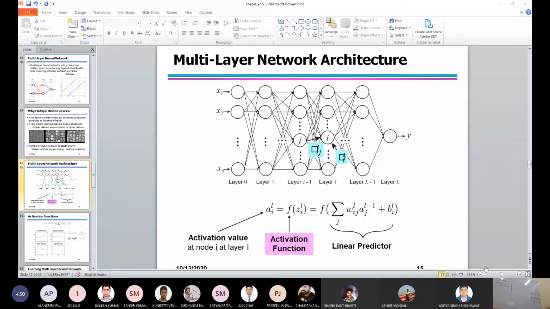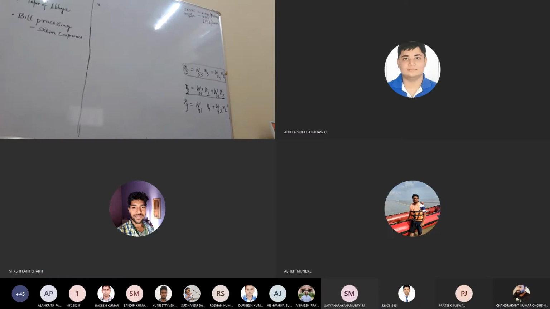You see, that is the structure. Can you see the structure clearly in the slide? So you have a multi-layer neural network, and let's say you have the node i. Then how do you represent the output of the node? That I must show you. So how do you write the output of the node here?